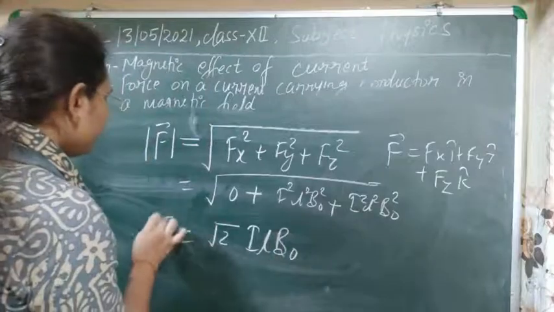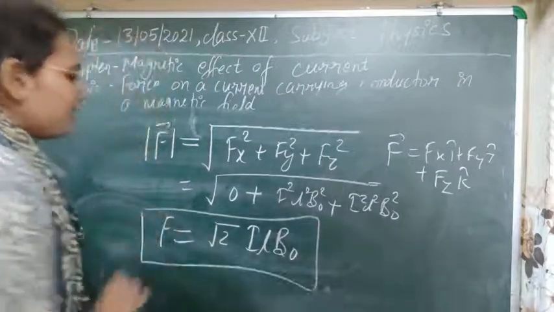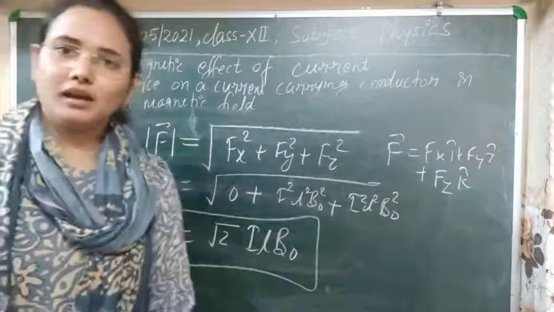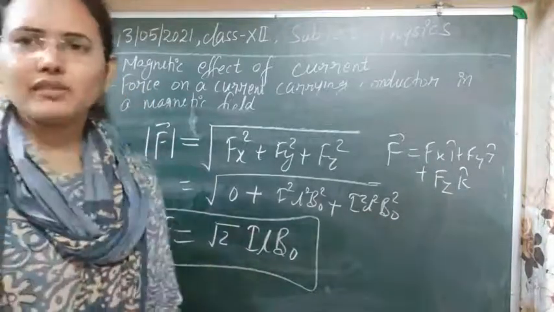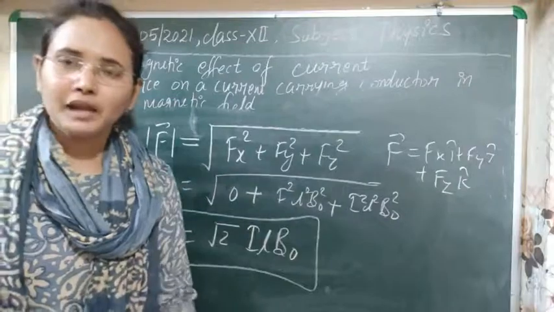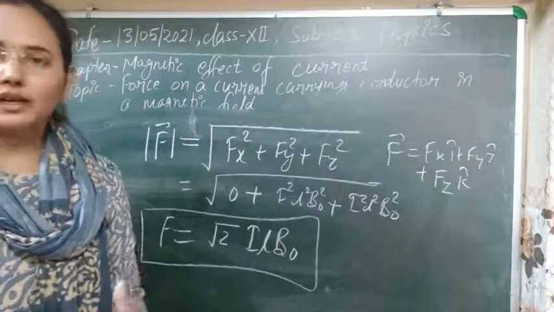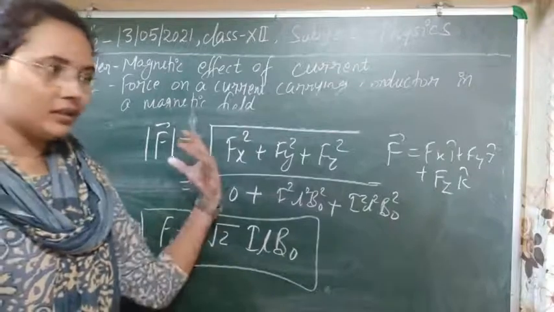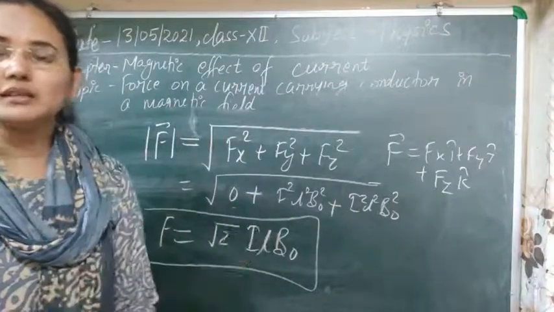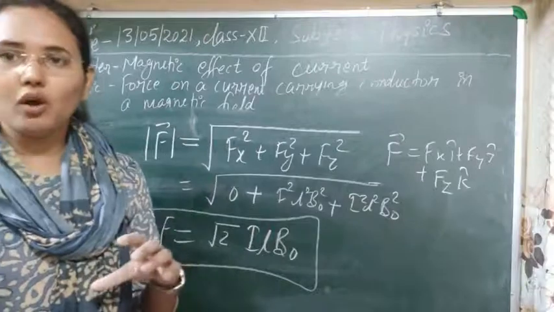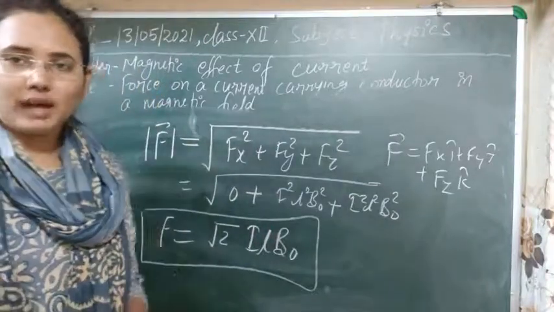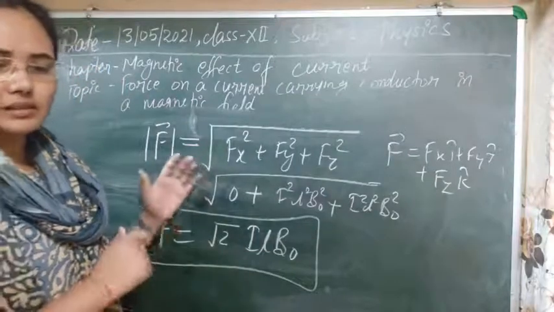So this is the value of force that we will obtain when some kind of magnetic field is present for the current element. So in such a way you can easily find any kind of force and its magnitude and directions for the cases that we have discussed from the topic of whenever a charge is moving in a magnetic field. So the numericals are just like the same, you can just calculate it.